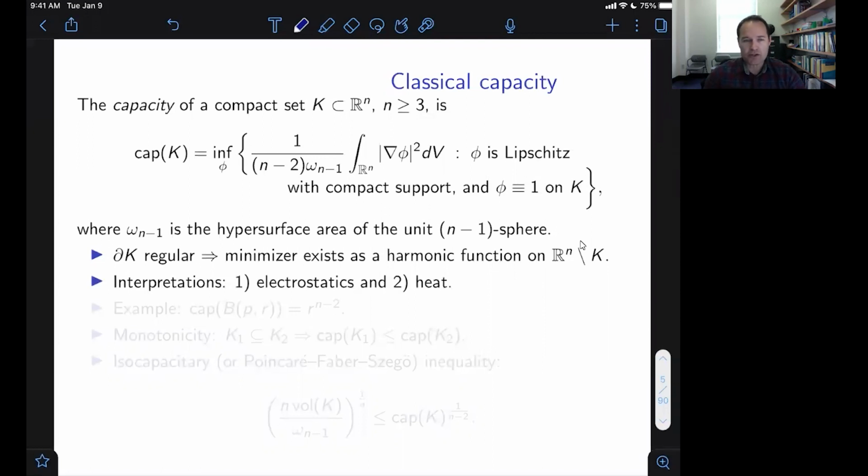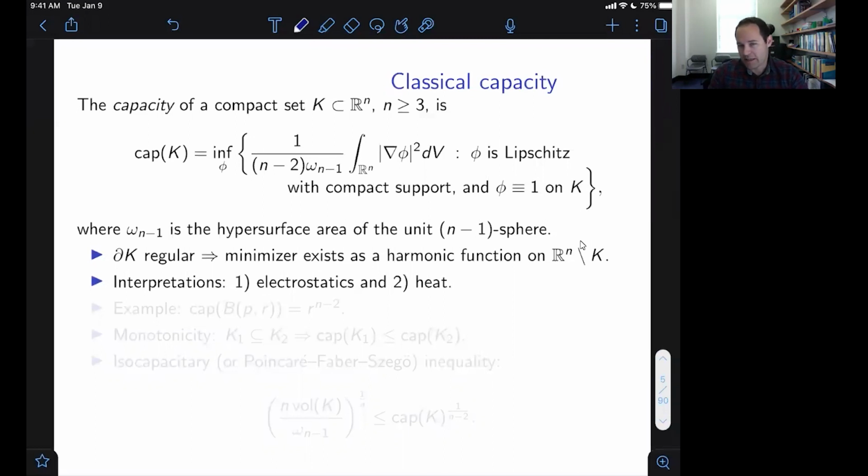There's a couple physical interpretations of capacity. Usually what you'll hear is from electrostatics. It's the maximum charge you can place on a conductor to maintain a voltage difference of 1 unit between the surface and infinity. Something that I like a little bit better, it's a little bit more tangible, is